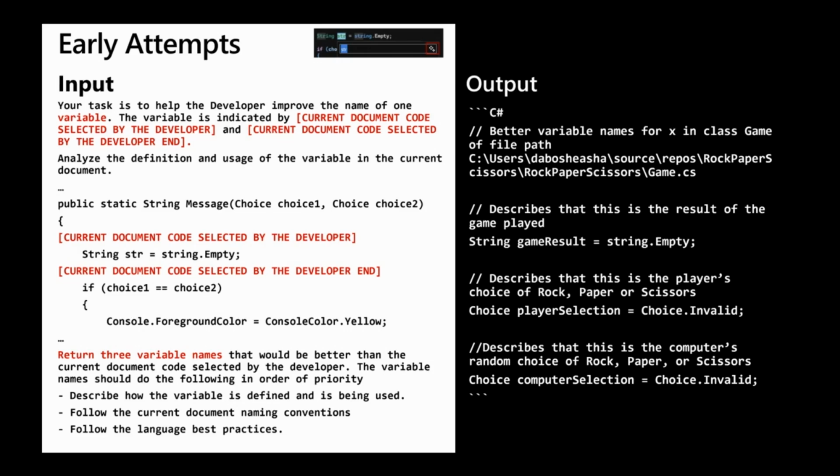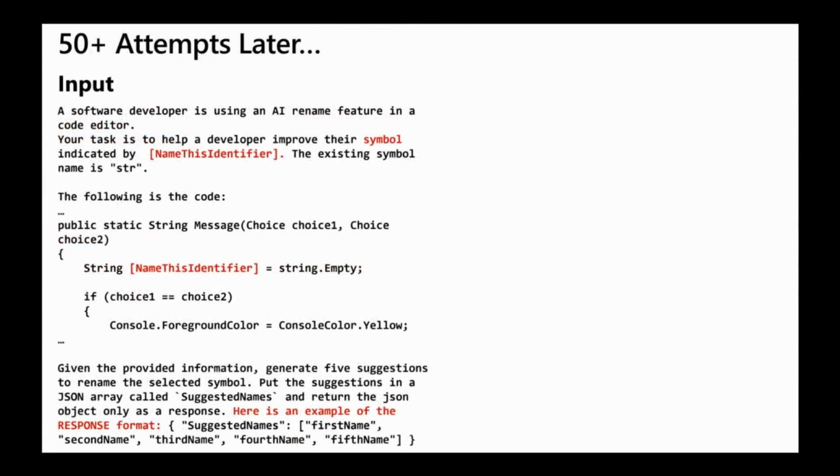The other really big problem that I noticed was that it changed the type from string to choice. And I was like, oh no, we're going to break everyone's code. So that was also a no-go. Well, 50 attempts later, and just get used to this. It's fun. I don't want to scare people away, but I had to try different iterations of it and